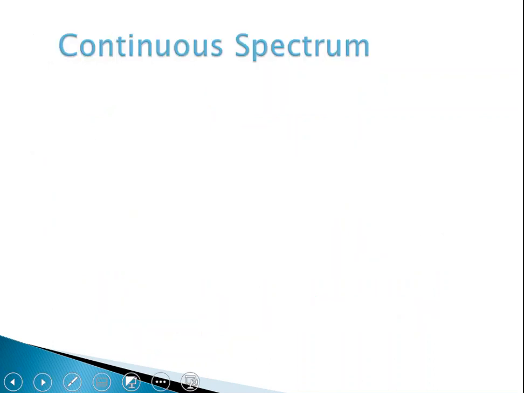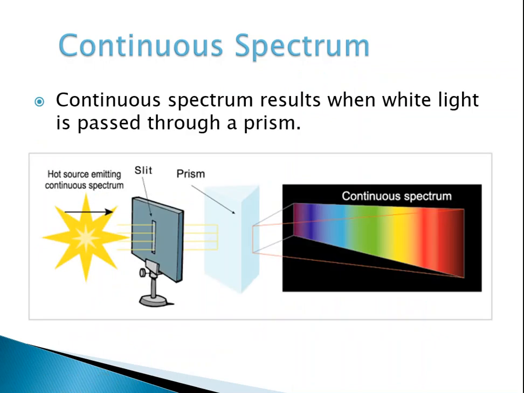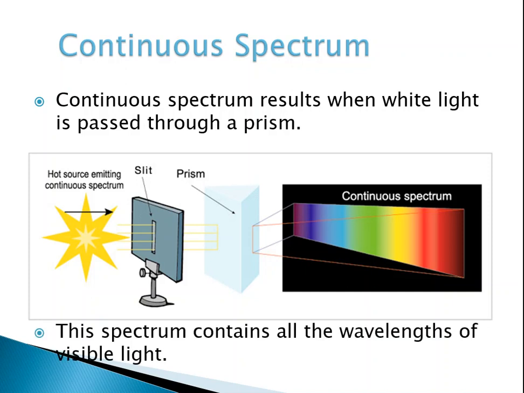All right, so now let's look at the different types of spectra. First is a continuous spectrum. A continuous spectrum is produced when white light shines through a slit and a prism. What you get is a full rainbow. In a continuous spectrum, all wavelengths of light are shown. This is the spectrum we see when we pass sunlight through a prism or rain through a prism, right? Now, when the source of your radiation is the sun, you'll get a continuous spectrum, but